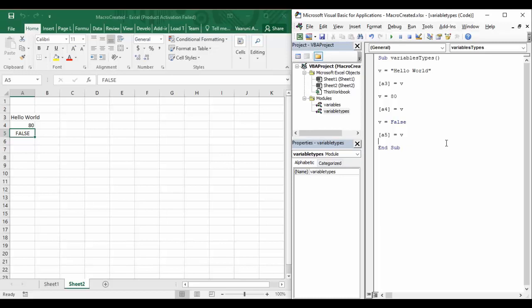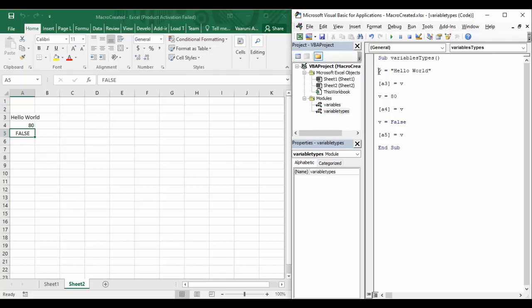So that is a very important thing that you must know, that in order to reassign a variable with any of the data types in Visual Basic, you do not need to do any effort, you only need to simply assign that value to a variable. Okay, so that was an important feature that you needed to know. So right now what we have done is simply we use the variable, that is we initialize the variable in the first statement and we started using it. We have not declared the variable.